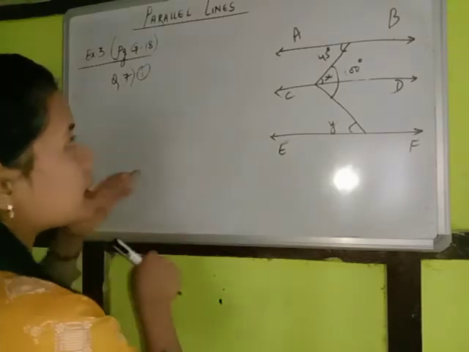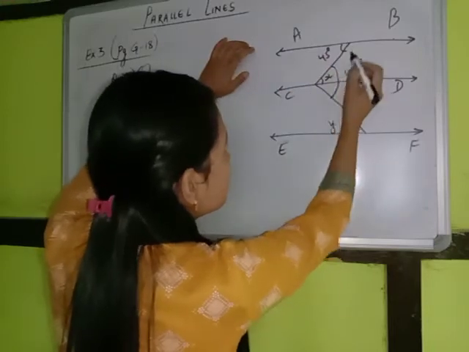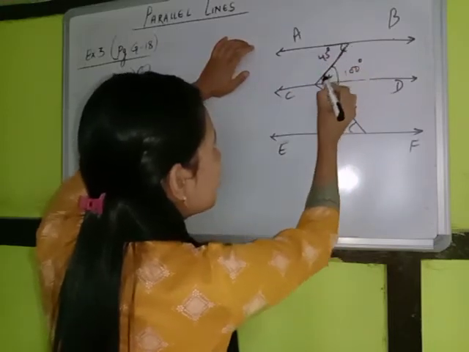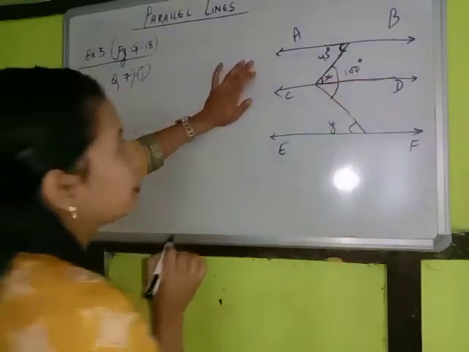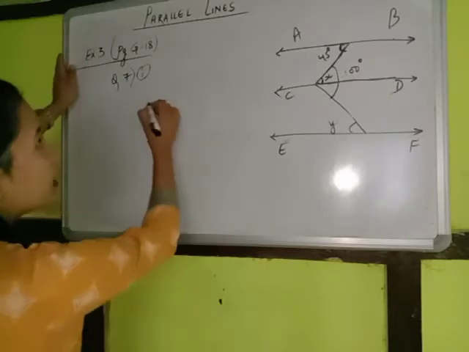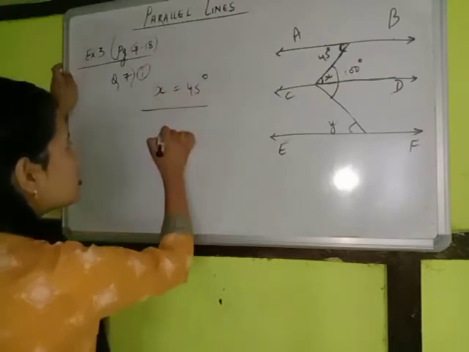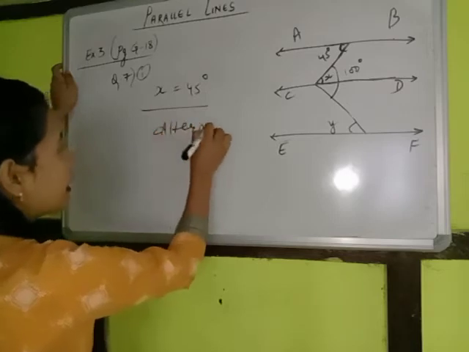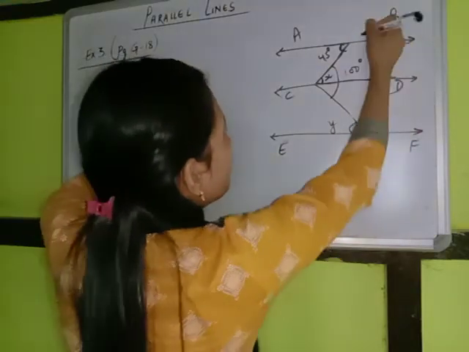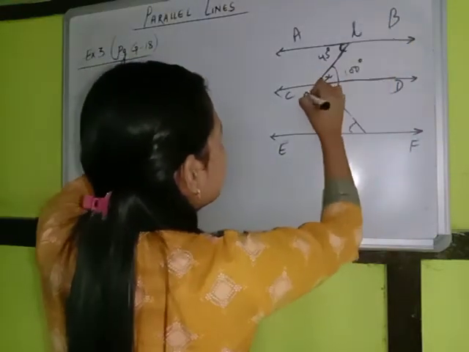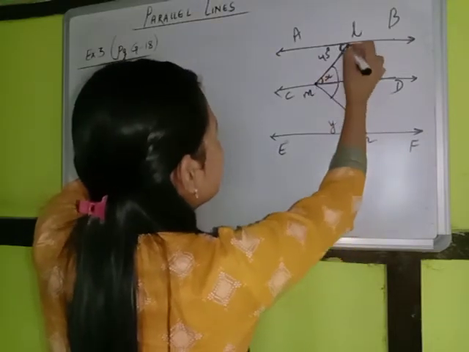Okay, so if you see here, children, in between these 2 lines, this is a transversal. Okay, so here a Z is formed, right? So this angle and this angle will be equal. So from here we can find the value of x is equal to 45 degree because this is alternate. I'll do it in long form. Okay, I'll give the names. So this is L, M, and this point I'll name it as N. This is the name for the points.